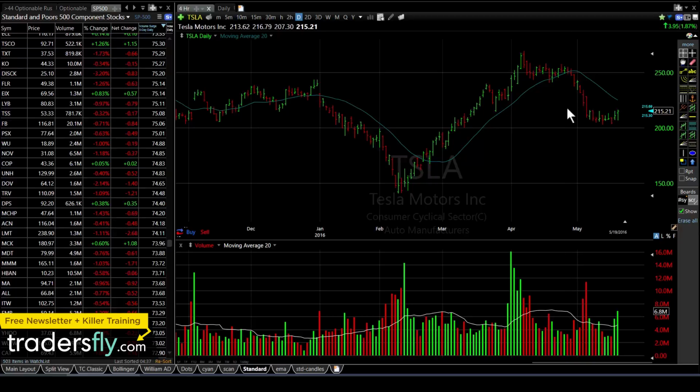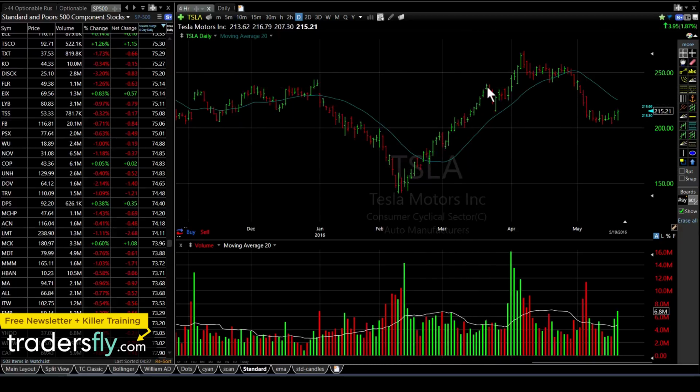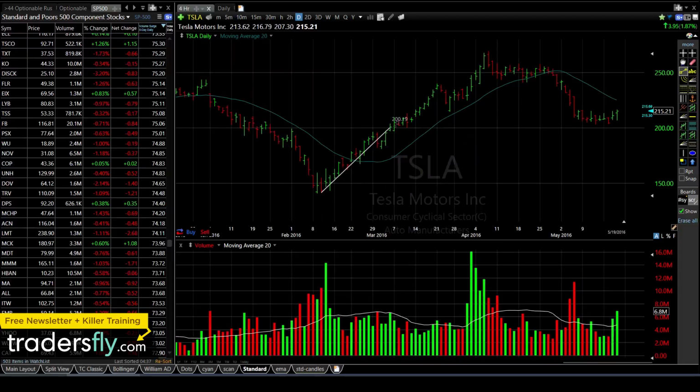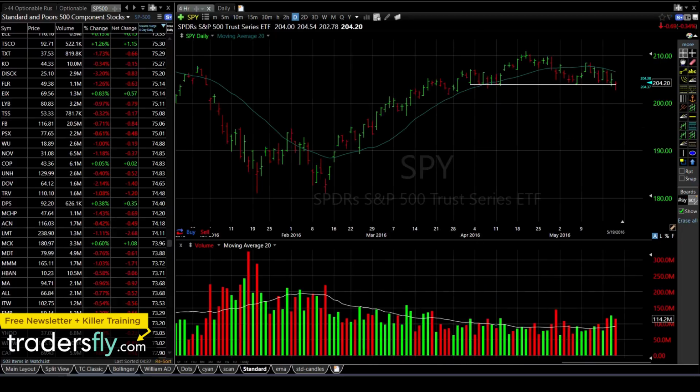So if you're doing a long position, let's just say you're going to the long side right here, you're going to have little pullbacks, and you may get a little power higher, and then you'll have a little pullback. So why do you get these pullbacks? You get these pullbacks because people take profits. They take their money off the table because they get a little too excited. The risk becomes more in the other direction, so you take some profits. Or you also have shorts now stepping in. When you have short people stepping in, selling the stock first, buying it back later, that also triggers more sell orders. Now, this happens here when you look at the S&P 500.